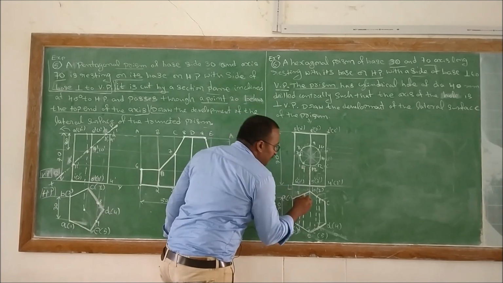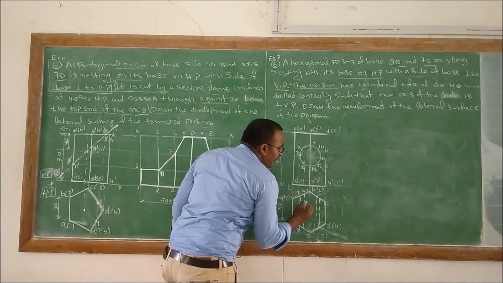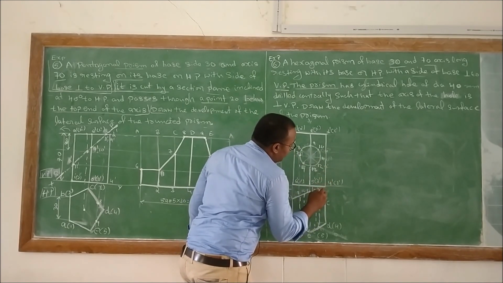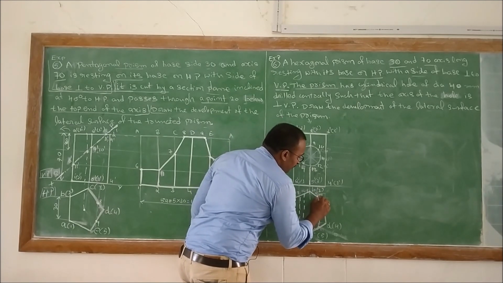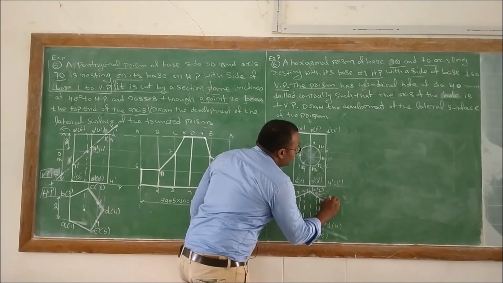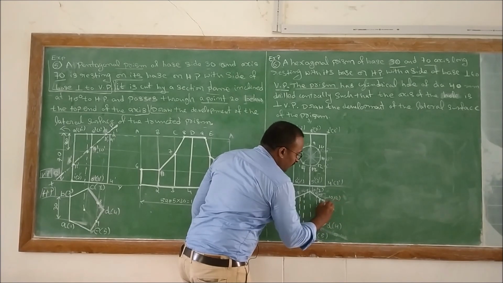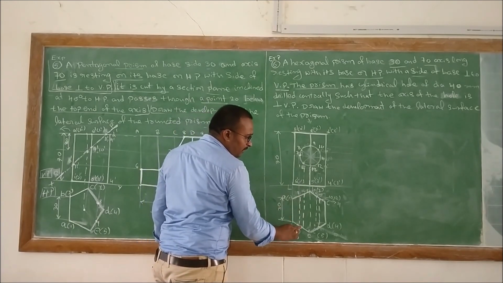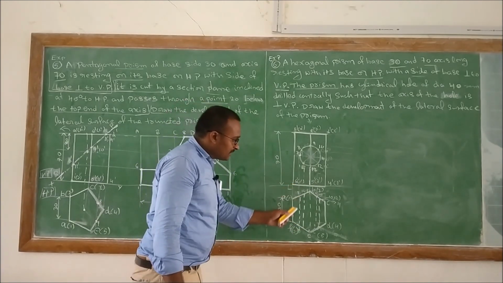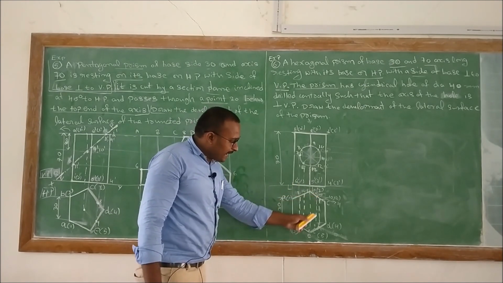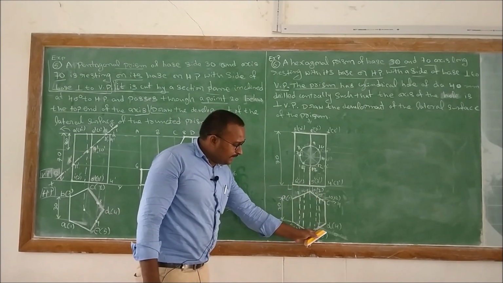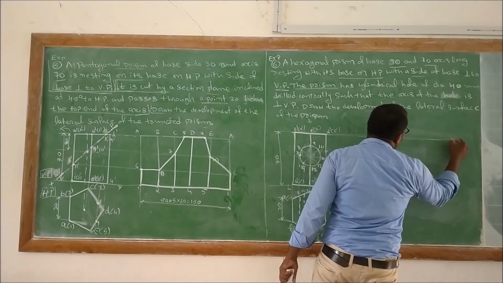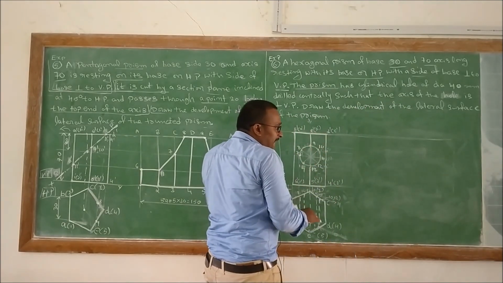Here the points are 7, 14 of 8, then 9 of 13, then 10 of 12, and finally 11. In a similar way, on the bottom side also there will be the same numbers: 7, 14 of 8, 9 of 13, 10 of 12, and 11. Thereafter you need to project. So till now the projection of the solid has been completed.